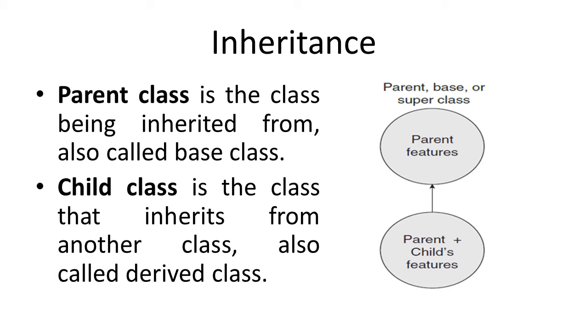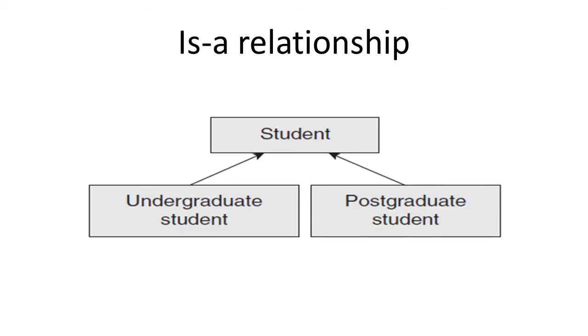The parent class has its own data members and functions defined in it. If a child class inherits a parent class, then all the features of the parent class, that is its data and methods, are accessible in the child class. This is a very interesting concept. Let us see some more details. Inheritance is basically an "is a" relationship.